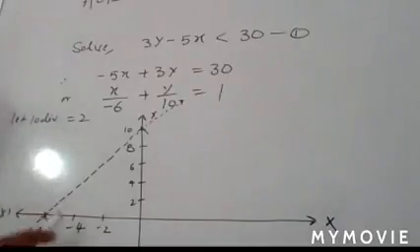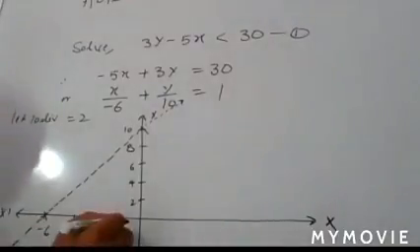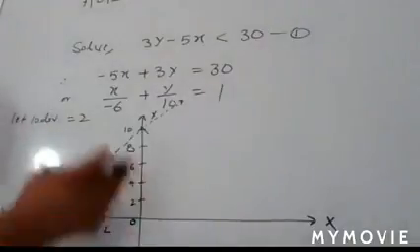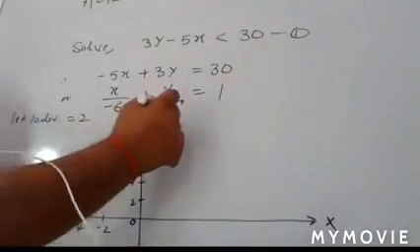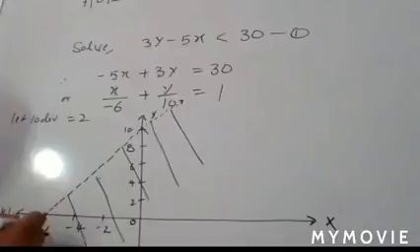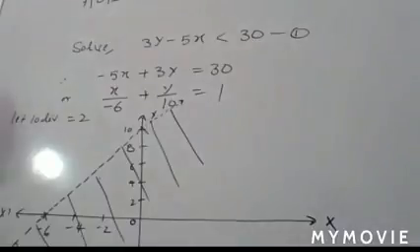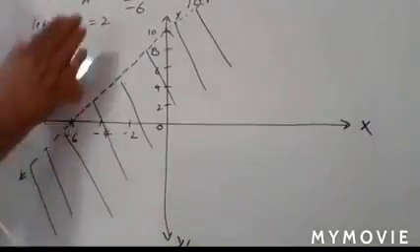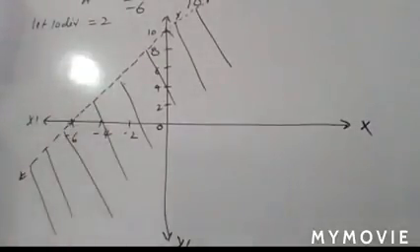So if you see this figure, the position of origin is that one. So you have to set your portion towards origin, which means it contains origin. So that part, yes, below it, this portion containing origin, that is your solution. You have to set the portion which contains origin, and you can explain it since test point (0, 0)